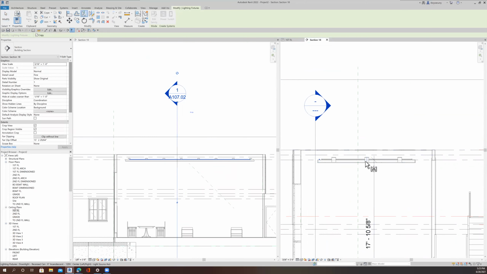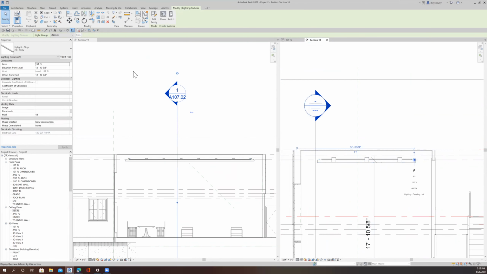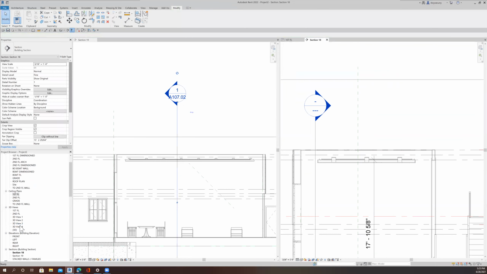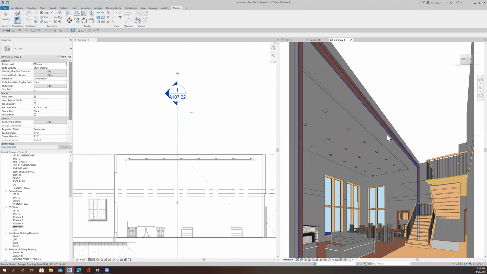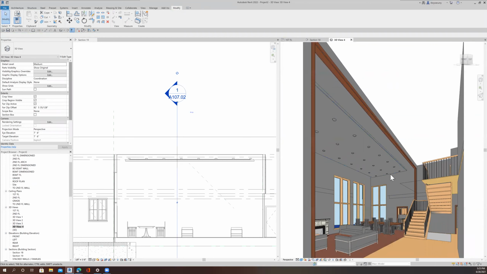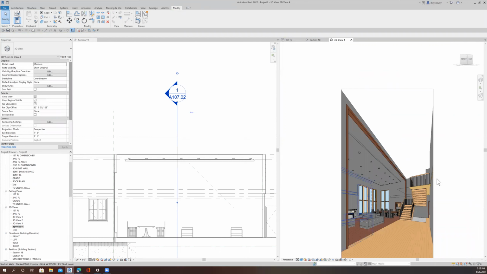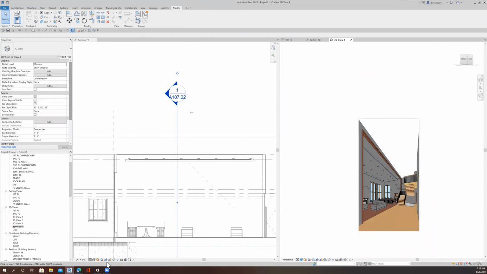I can mirror about. Okay, let's go back and we have a 3D view that I liked. Okay. All right. Before we do that, we can go